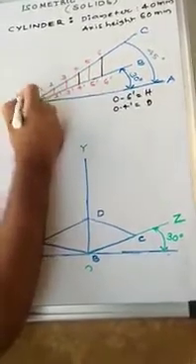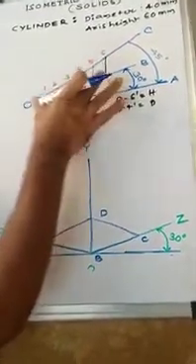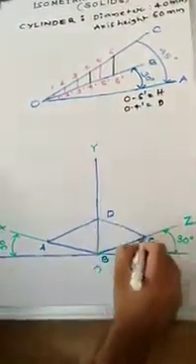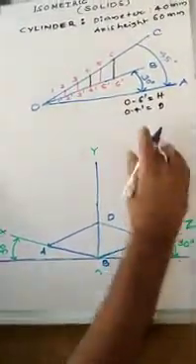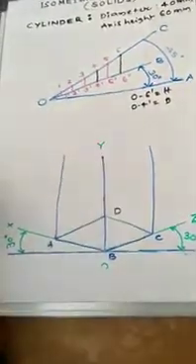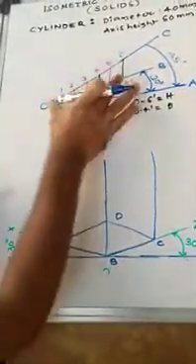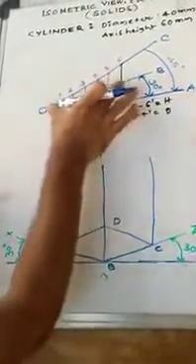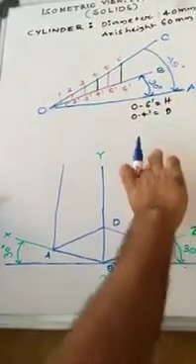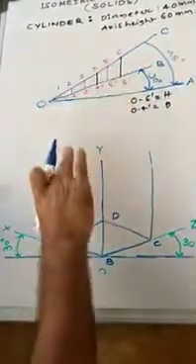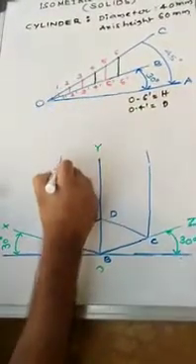This length I am measuring with a compass. Passing through C, I am drawing a parallel line to OY. Passing through A, drawing a parallel line to OY. After that, O6 dash is going to be its height. This much of length here, this much of length. By using a compass we will get the points.